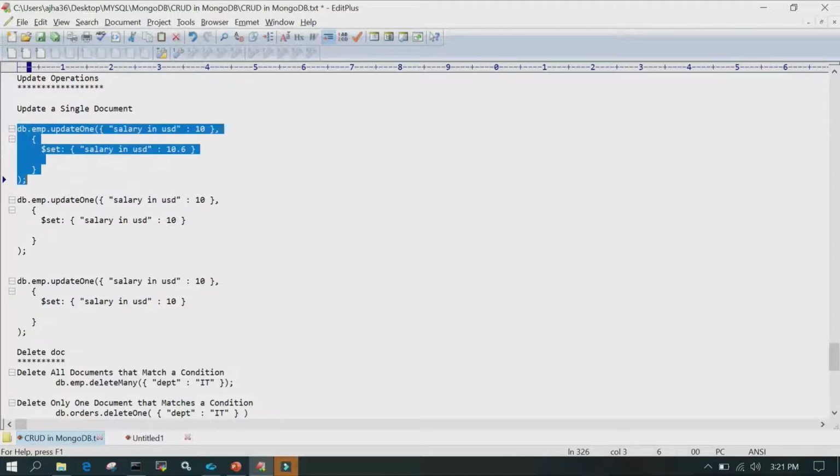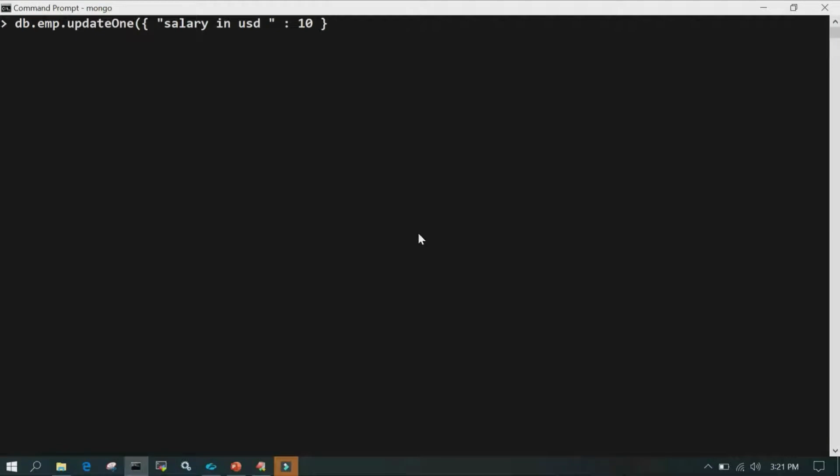So what this is going to do, anyone or let's say it is for 15. The one who is having the salary 15, it is going to change it to 15.1. So let's find who is having that value. So db.emp.find, I'll say salary in USD, and we are looking for 15,